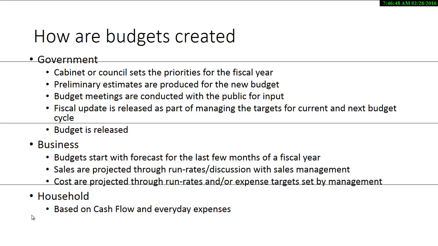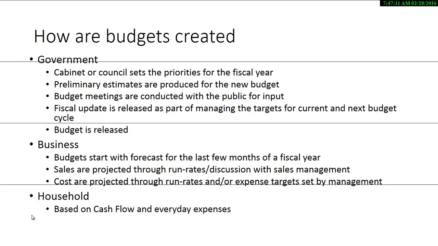So if they're going to introduce new taxation policies, or make changes to payroll taxes, or change some payouts to different programs like CPP, old age security, and transfers to the various governments, then those things will be set up as part of looking at the overall budget cycle. And part of that, they also come up with the first estimates. That kind of forms the basis of where they're going to go in the next fiscal cycle.